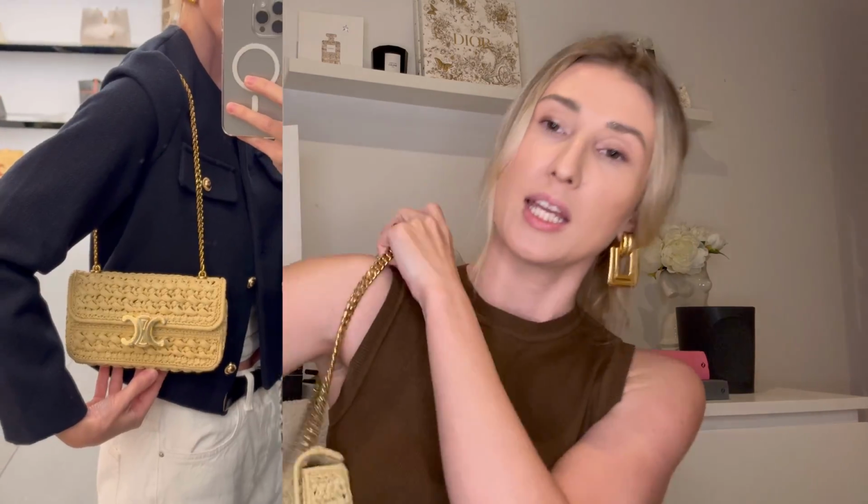So this bag is meant to be worn as a shoulder bag, and I really like where it sits on my body because it is not too long and it's not too short. It's just around my waist, making the strap the perfect length for me to be worn as a shoulder bag. The other way that you can wear this bag is on the crook of your arm,